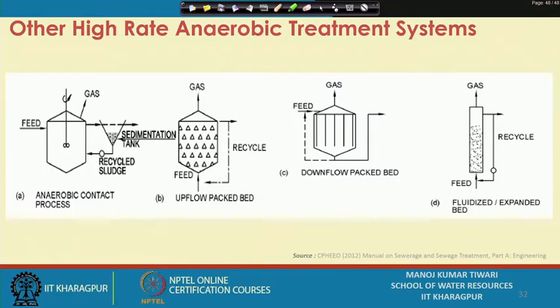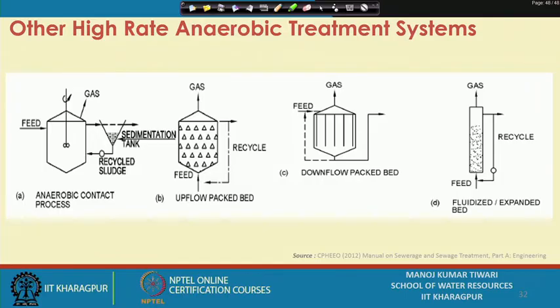Hello friends. So, we are in the last lecture for this week 7, and in the previous class we were discussing one of the most commonly used anaerobic treatment processes, which is the UASB reactor. There are other high rate anaerobic treatment processes which are used mostly by various industries. So, we will talk about some of those processes in this lecture and then conclude this week with a little deliberation on the biogas production aspect with the anaerobic treatment of wastewater.